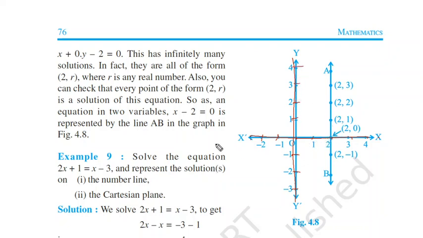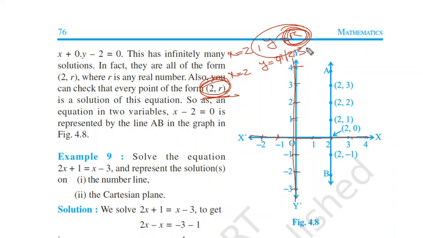Okay, now we'll plot some points here. So (2, r) will be the general point, so x is equal to 2 and y equal to r. We are saying r is any real number. So where x equal to 2, y you can take r for any real number, means you can take 0 or 1 or 2 or 3 or minus anything. So let's start with x. We'll move to x equal to 2: 0, 1, 2. So this point is x equal to 2.